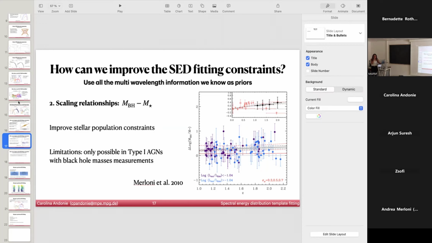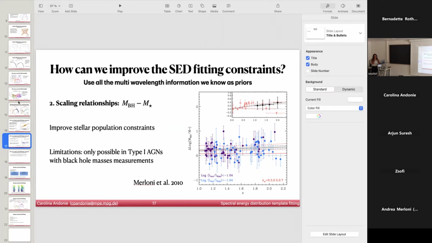Another quick question: do you know codes that can fit both spectroscopy and photometry together? Oh, I heard something about it, but I don't know. That would be very cool. For example, with Bagpipes you can do it, or with other spectral fitting codes. Some of them you might have to implement the AGN template yourself, so I'm quite sure. Okay.